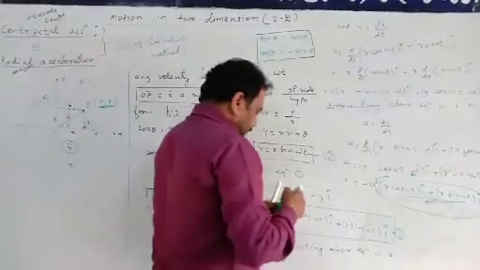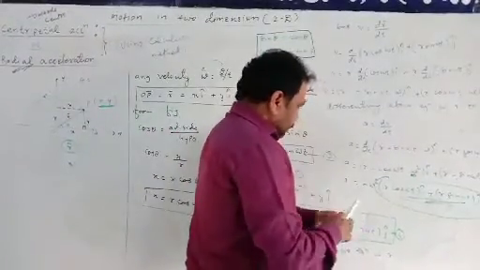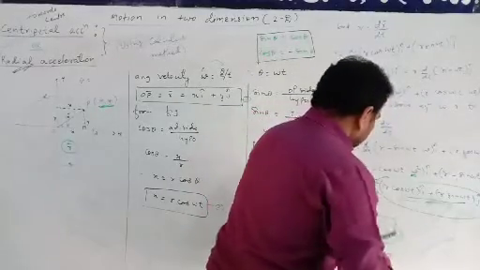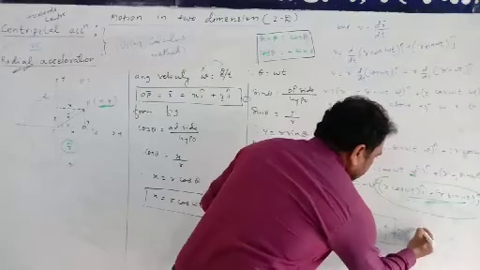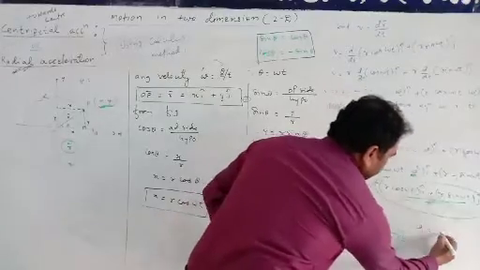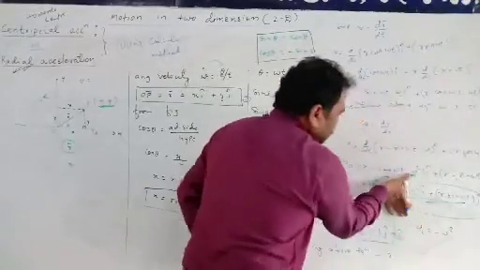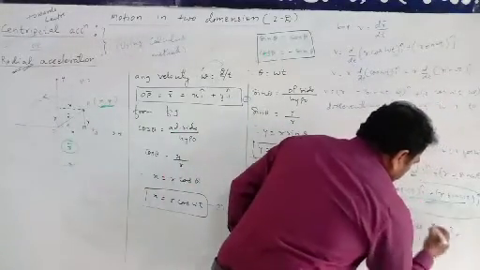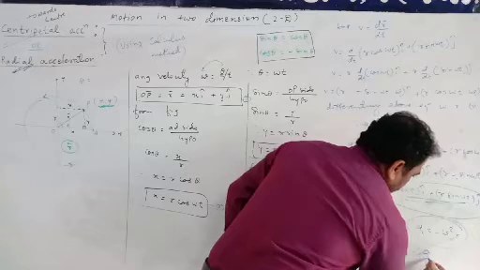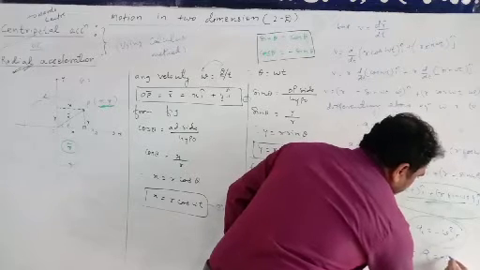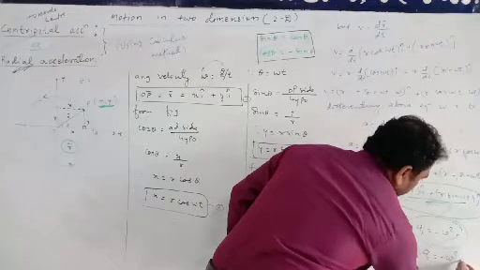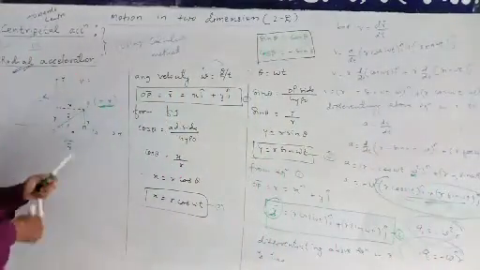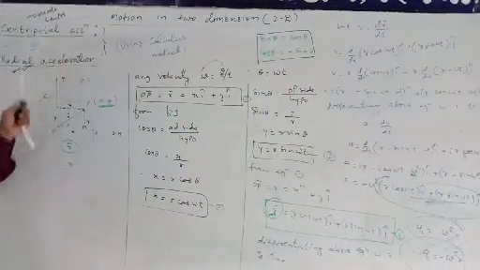So the final answer we get is the centripetal acceleration: AC is equal to minus omega square, as it is, and instead of this term we write the radius vector r. So centripetal acceleration AC is equal to minus omega square into r. This is the magnitude to find the centripetal acceleration, or radial acceleration.